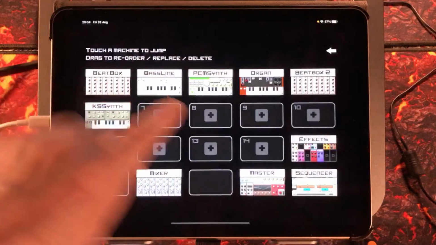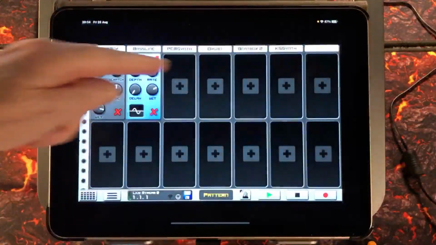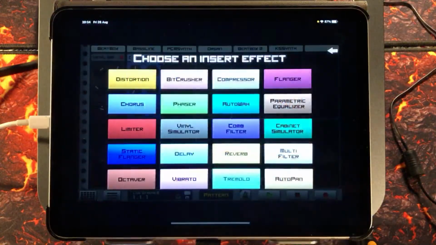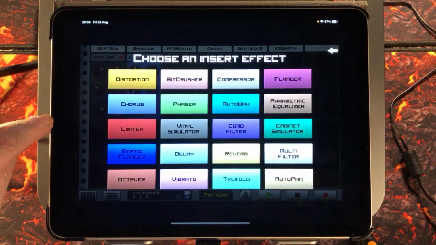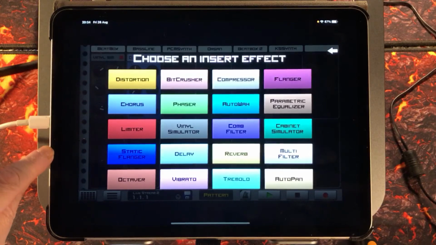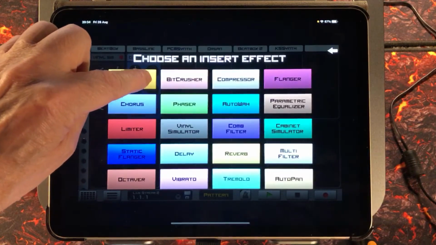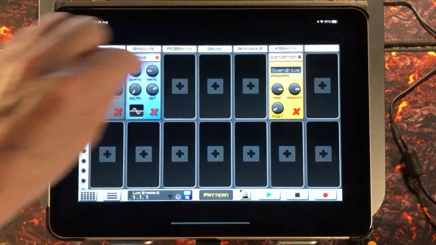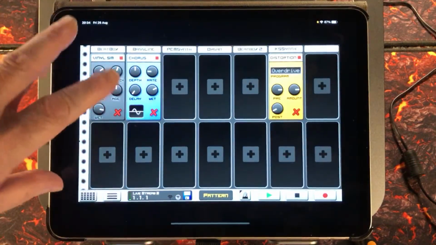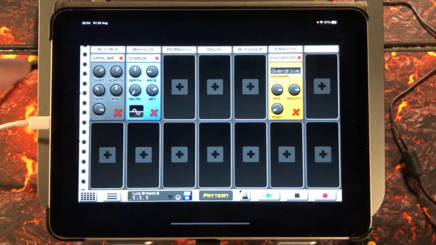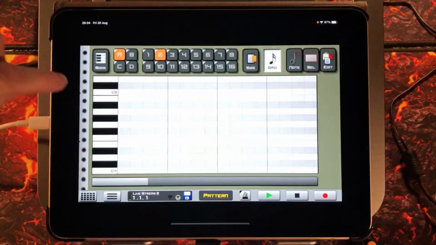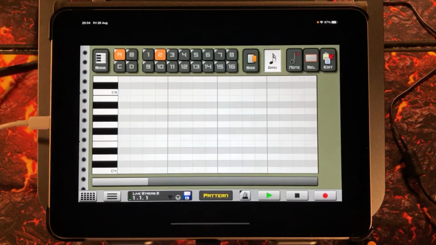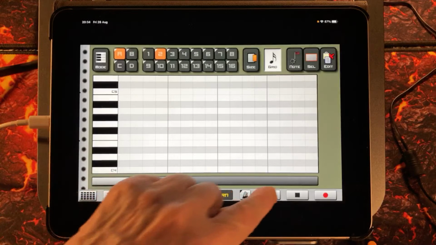I'm going to go to my effects page here now for the Carpler Strong synth and add maybe a little bit of distortion in there. And the trouble is as well with Caustic is once I'm off the page of the instrument I can't play it. I have to go back to it, sort of thing. Yeah, that distortion sounds nice, right? So let's just